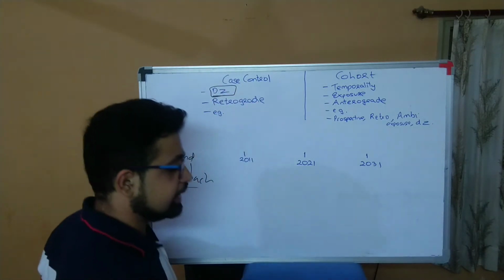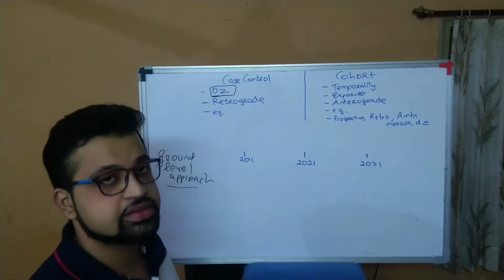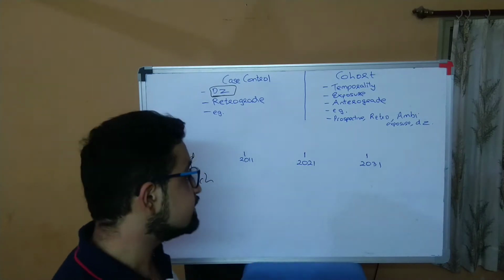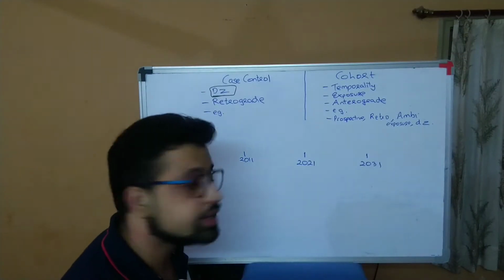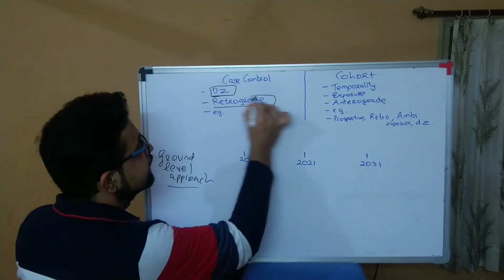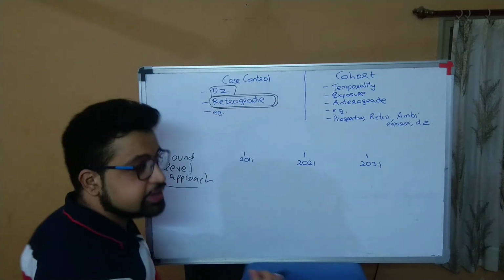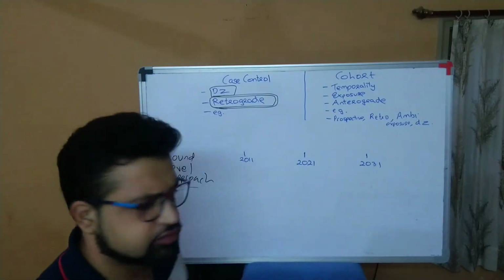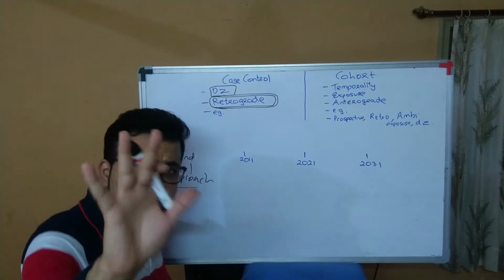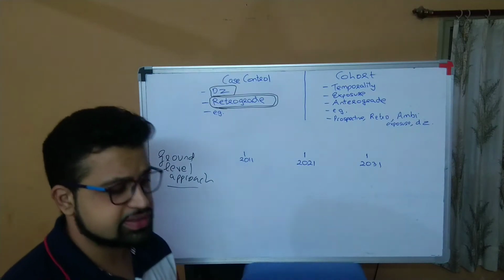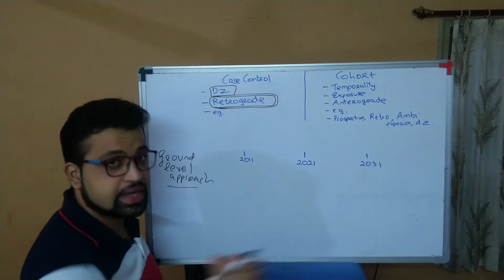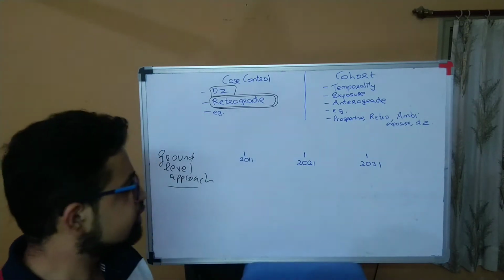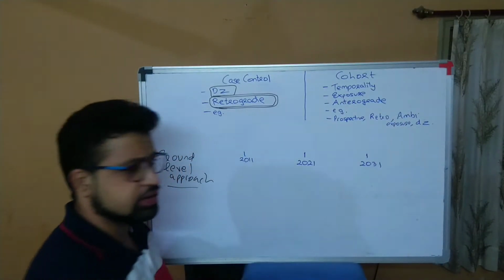If you are studying any risk factor association with the disease using the principles of a case control trial, the basic idea is the disease has already occurred and you are going retrograde in time. Forget about these terms. We are going to go with the ground level approach. You are the clinician, right? You are told to assess the association of smoking with lung cancer. Using the principles of a case control trial, what will you do? We are in 2021. What will you do?